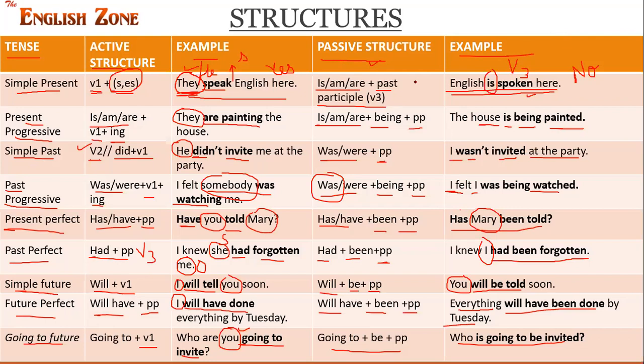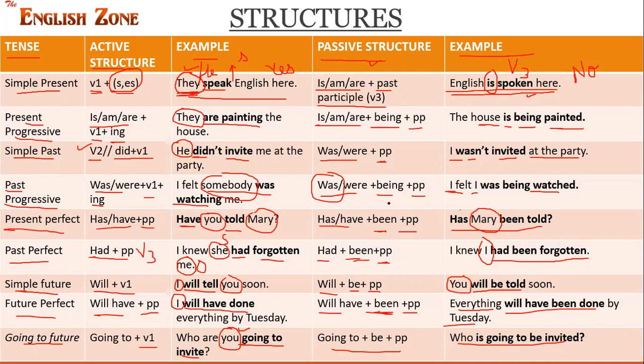Okay. So been basically we have to use in case of the perfect tense, and being we have to use for the progressive tense. The difference is basically the same. Just the only thing is that being is used for the progressive tense, and been is used for the perfect tense. The main difference. Otherwise, both are also used after the helping verb. There's not much difference. Been is for the perfect, or the action which is already done, and being is for the continuity, the action which is going on.